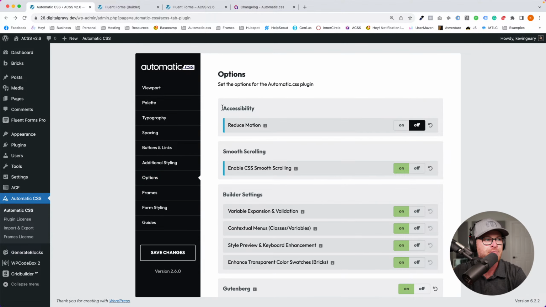No, options right here. Accessibility. Reduce motion. Let's just talk about this. It's quite comical. I poke fun at this cohort of users all of the time. There will be people who are doing all these fancy animations on their website, and they're like, I can't see the animations when Automatic CSS is turned on. If I deactivate Automatic CSS, I see all of my animations. Automatic CSS is broken. You've broken all of my animations. No, my friends. No. Automatic CSS and animations play perfectly well together.